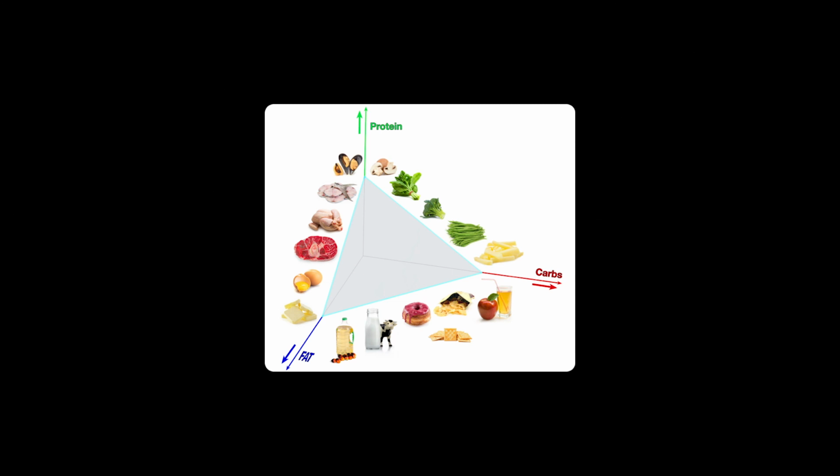If you graph out all of your food on the three macronutrient axes, what you'll find is that protein tracks very well with minerals and nutrient density. The higher you go in protein, the higher your nutrient density becomes. The opposite is not true. The higher you go in a carbs plus fat direction, the lower the mineral and nutrient content. And in fact, the more likely you are to get a man-made food that's very low in nutrient density and